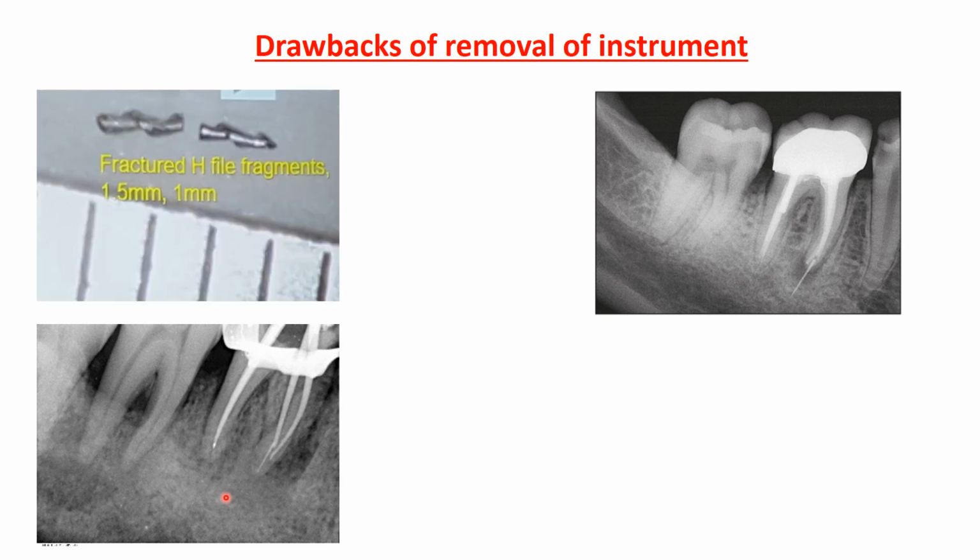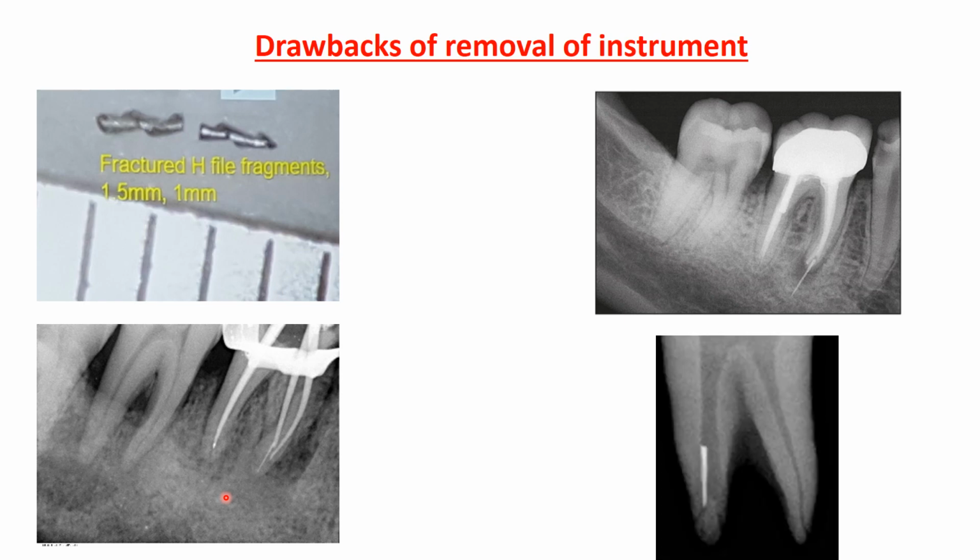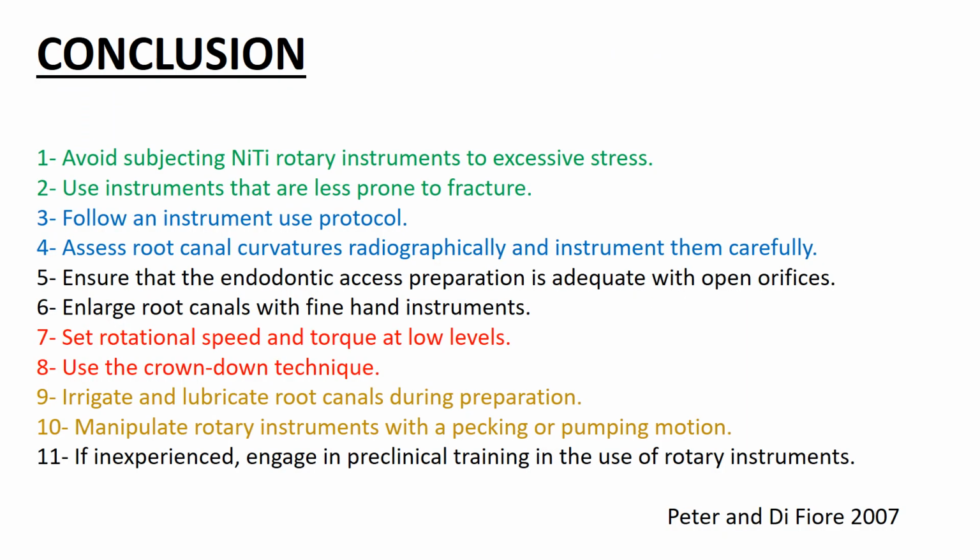Or while trying to remove it, I fracture the piece. Or finally, after vigorous ultrasonic action without real knowledge of what I'm doing, possibly there will be perforation. So really it is important that I understand how to prevent the fracture more than how to remove a fractured instrument. So the conclusion by Peters and De-Deus, they stated, first of all, avoid subjecting NiTi rotary instruments to